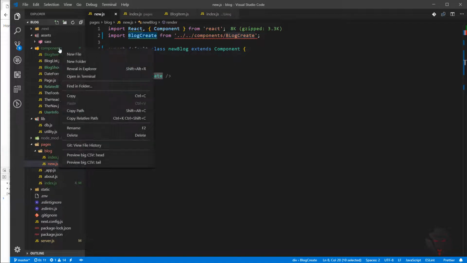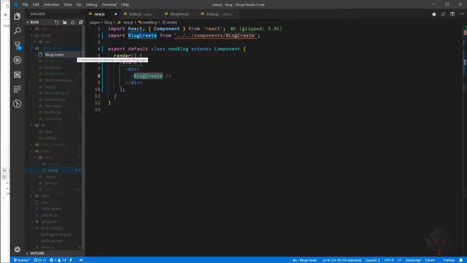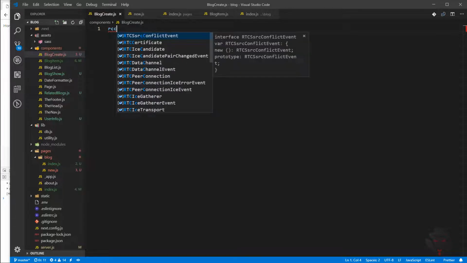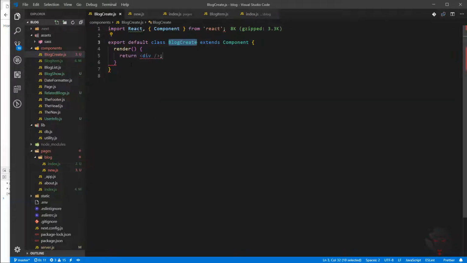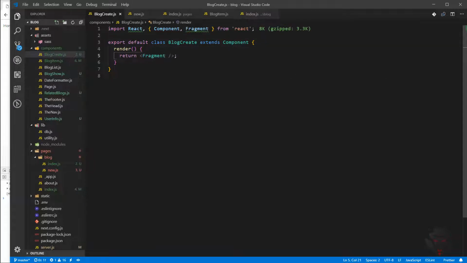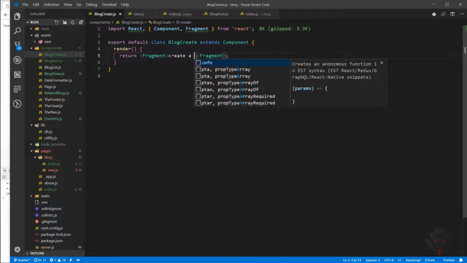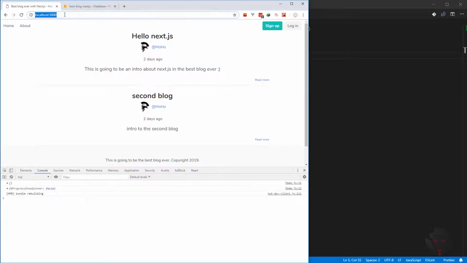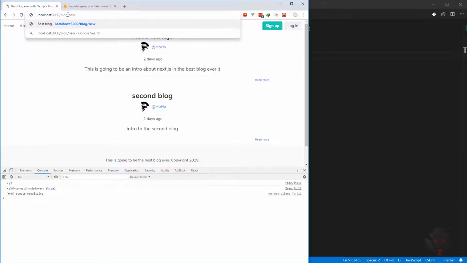In the components folder, we are going to create a file blog create.js, and inside this file we are just going to create a component class, and then from there we are going to also import fragment, and inside fragment I'm going to just return something, create a blog. And if I save it there and go to the blog /new,